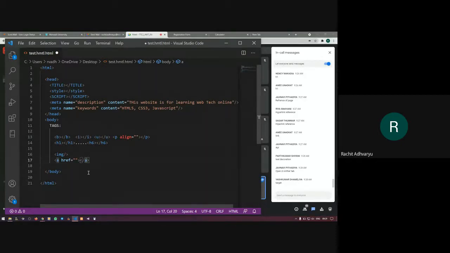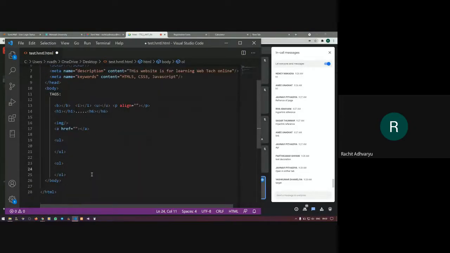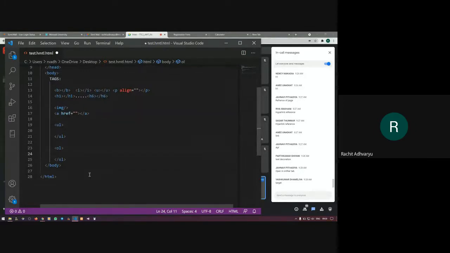Other than this, after the a tag, we have UL and OL. What is UL and OL, and what is the difference between both of them? Tell me. Unordered list, that is UL, and ordered list, that is OL. Now, by default, what type of bullet is available in an unordered list?